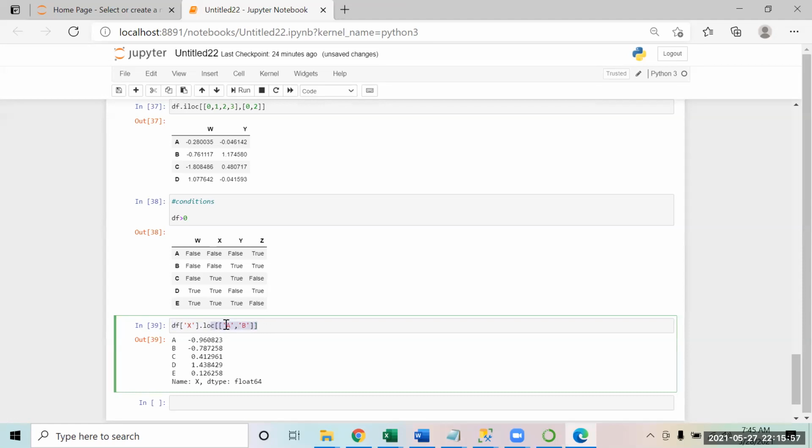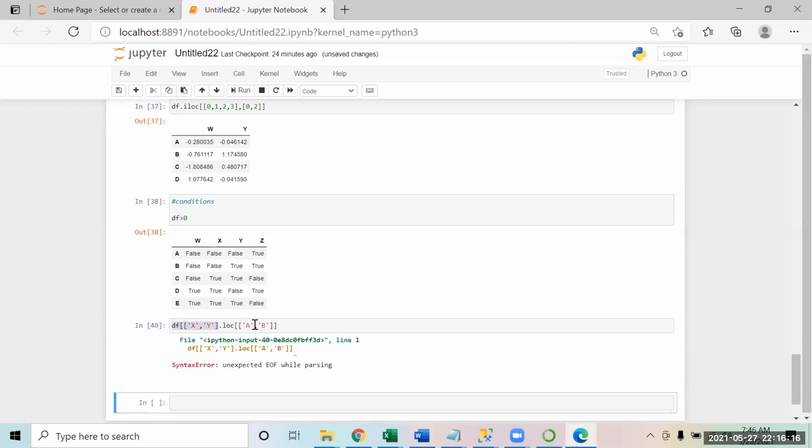We can select multiple columns also. So this is the same thing. If you want to select multiple columns, you will just put this over here, and you say comma Y. So it is going to pick those two columns. If you execute just this much part, just a second.